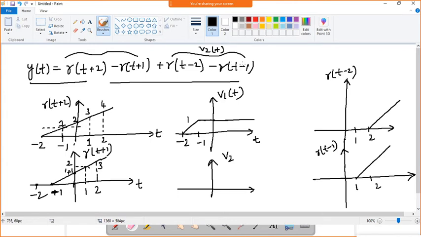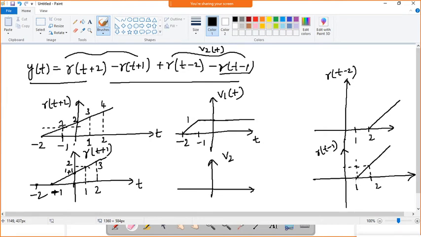Yes, it has to be inverted. You can take the negative of this value, or you can invert it and add it. Both are possible. If you invert it and add, it will directly become the negative values. Or you can directly subtract this signal. Directly you can take the values.